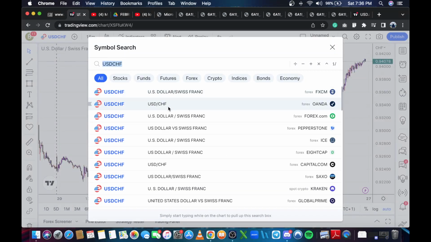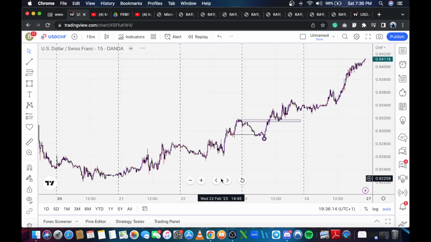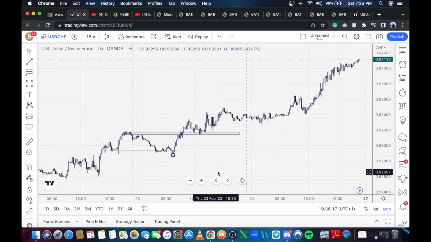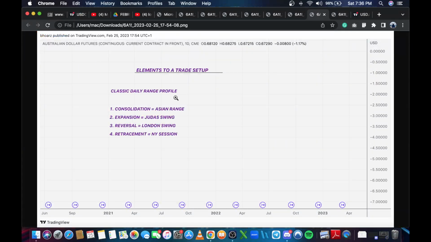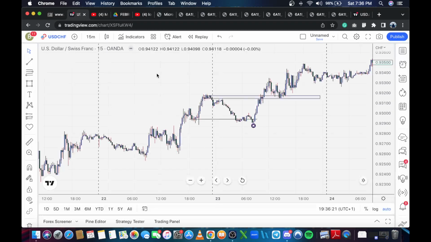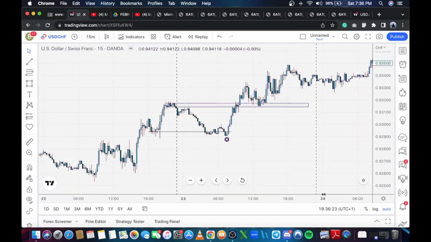Actually, we're going to use the Oanda chart, because I think that was the previous one I did this analysis on. To view this conceptually: consolidation, the Asia range. The Asia range, in UTC+1 for me, starts around 1. Start of Asia range, end of Asia range, start of London session,